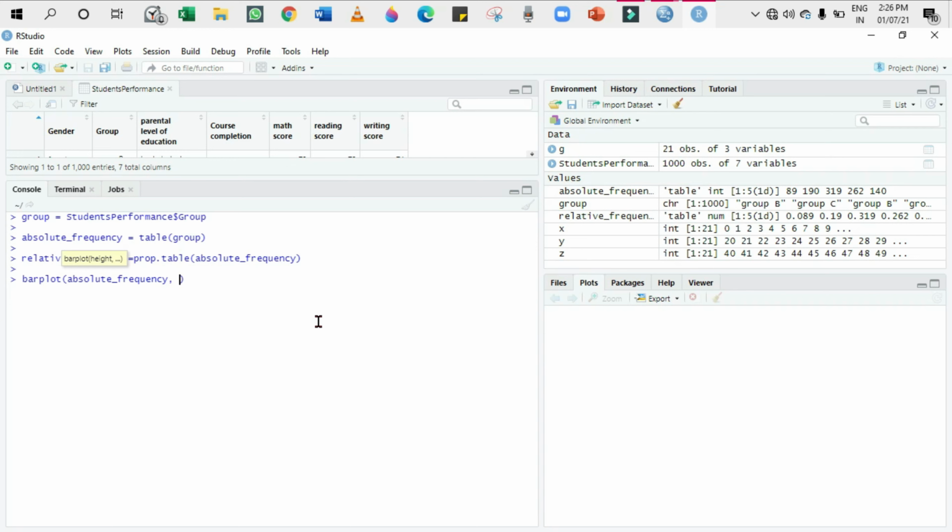So xlab equal to, as in the vertical bar chart x-axis represents the category, I'm going to give it as group, and ylab equal to frequency, and we use main for the title. Okay, main equal to bar chart of the variable group.